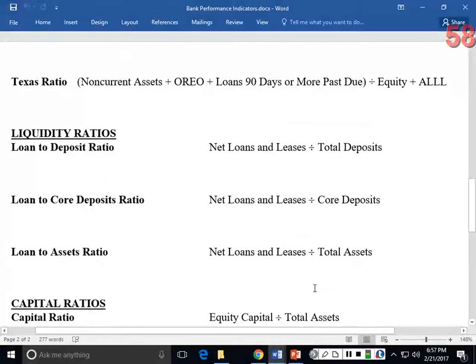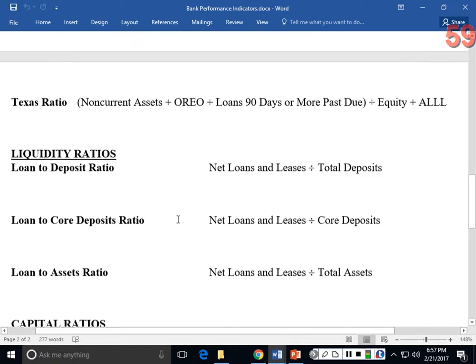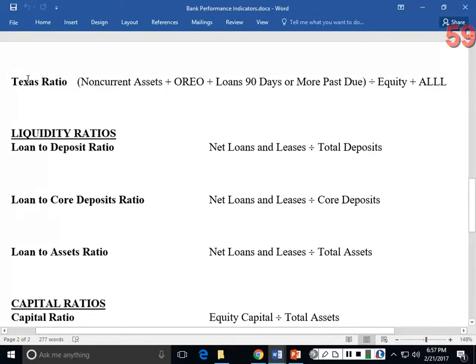Okay, let me talk to you about another ratio just a minute that a couple of you have had questions about. It's going to be at the top of the second page, so if you turn your ratios over to the back page, it's called the Texas ratio. Some people look at that and ask, how does it get its name? Well, actually, this ratio comes from the savings and loan crisis back in Texas and Louisiana